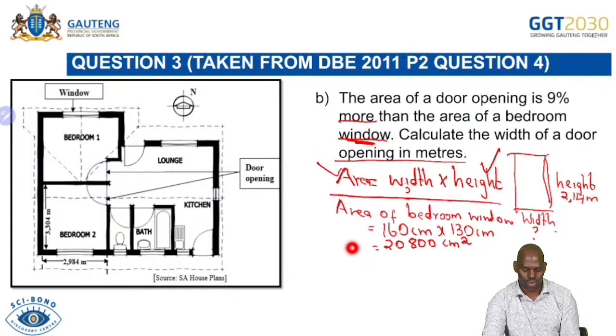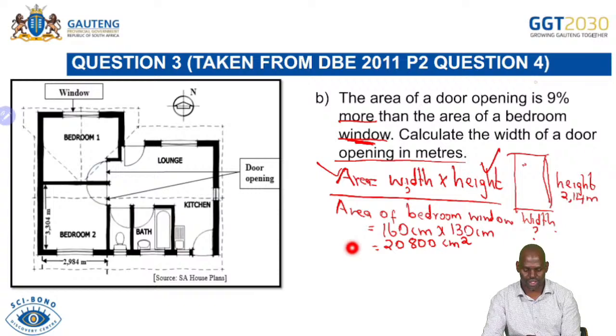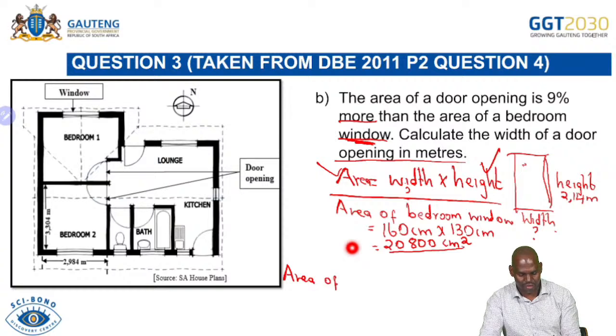Now, if we go back to the formula, we don't know the area of the door yet. But what we know is the area of the door is 9% bigger, because obviously the door is bigger than the window. So the area of the door must be bigger than the area of the window. In this case, they say by 9%. We need to increase this. So area of the door opening,